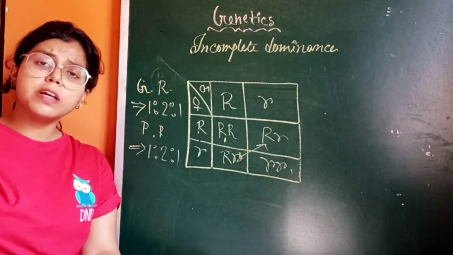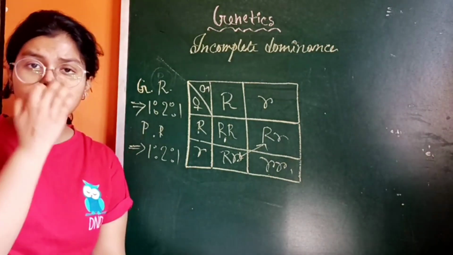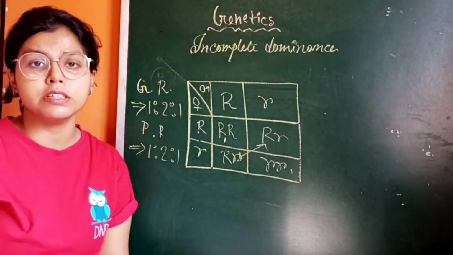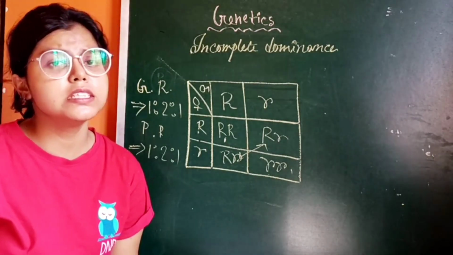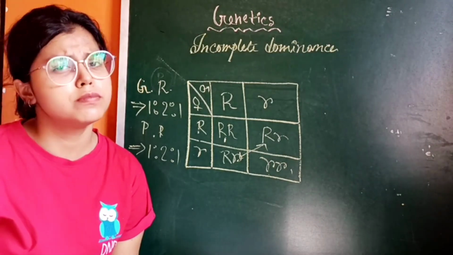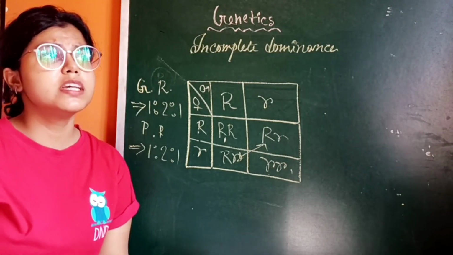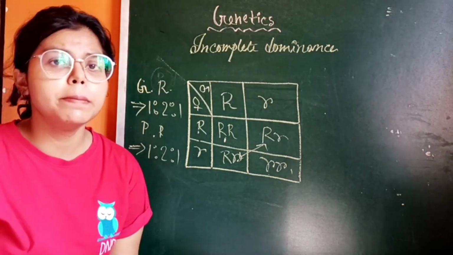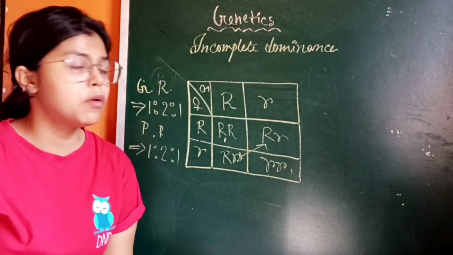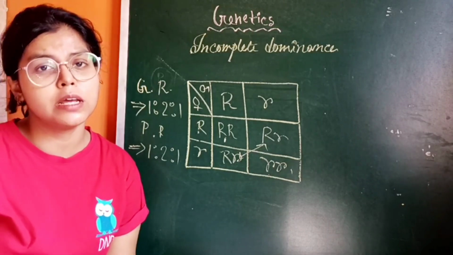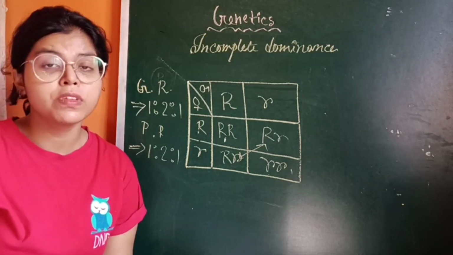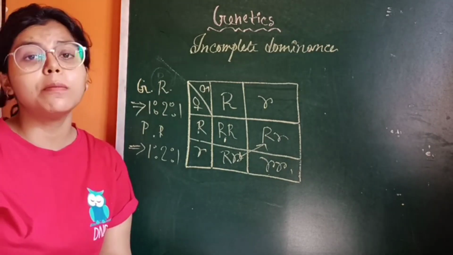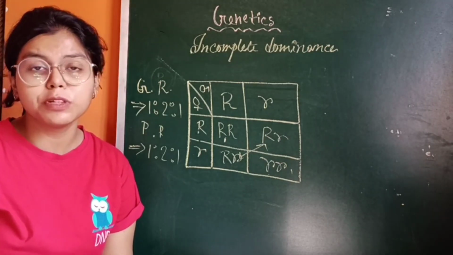So he explained the intermediate characteristics, the intermediate color between the dominant and the recessive, and you can think about the intermediate function of the gene also. But Mendel did not conclude about these characteristics of genes or alleles. So basically this is all about the incomplete dominance experiment.